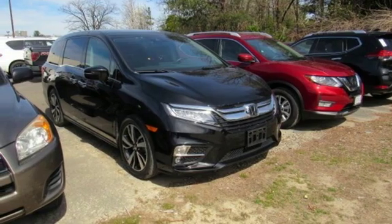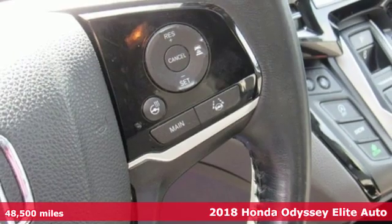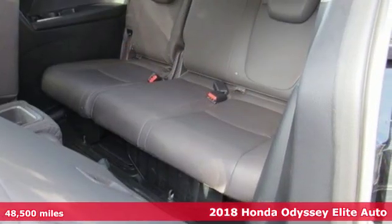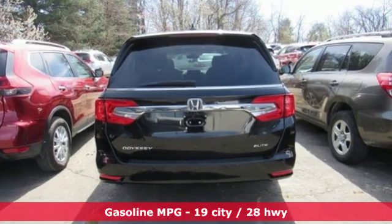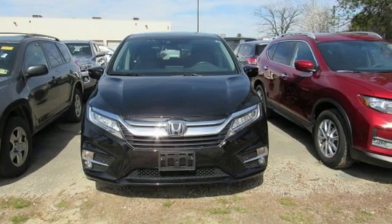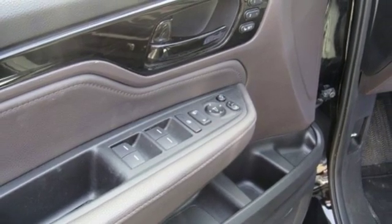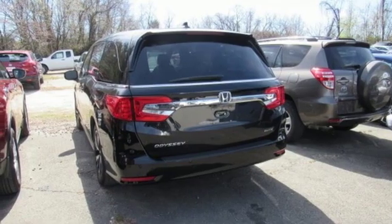Here's a 2018 Honda Odyssey. From hood to hatch, it offers all the comforts and conveniences you want. Features include power heated mirrors, dual zone climate control, streaming audio, configurable instrument gauges, external memory control, doors and push button start proximity key, heated steering wheel, V6 engine, hands-free liftgate, auto dimming rear view mirror, and front heated and